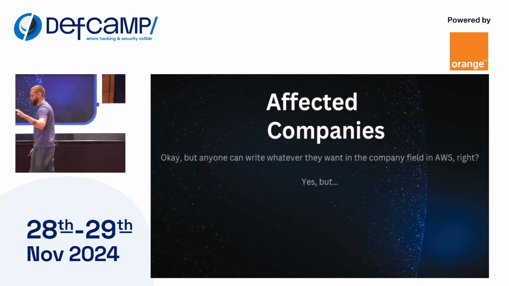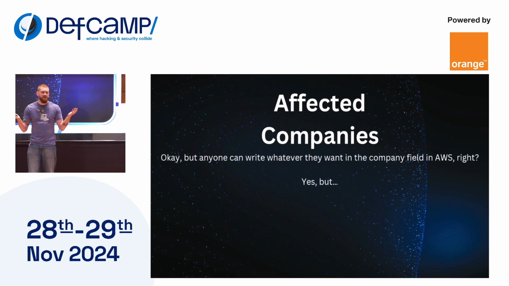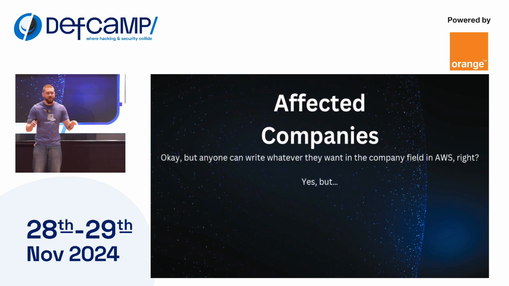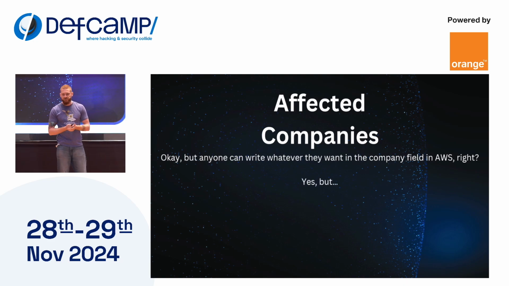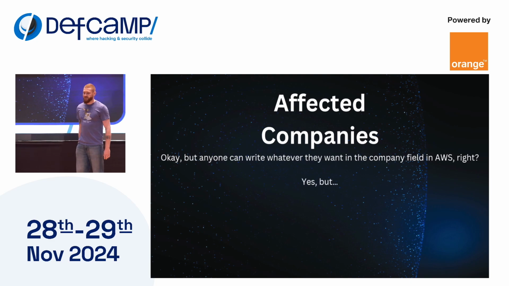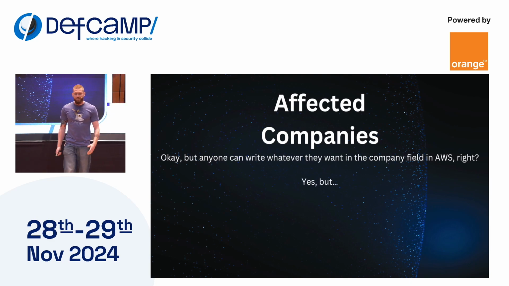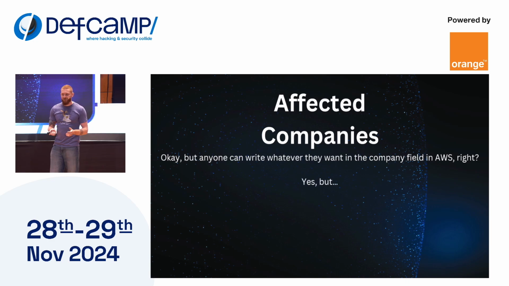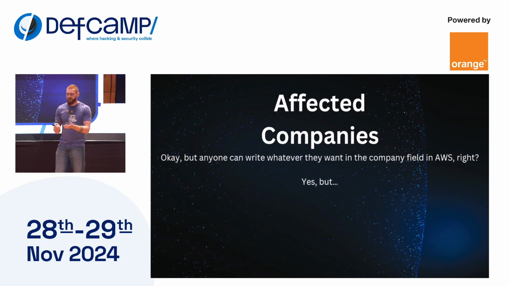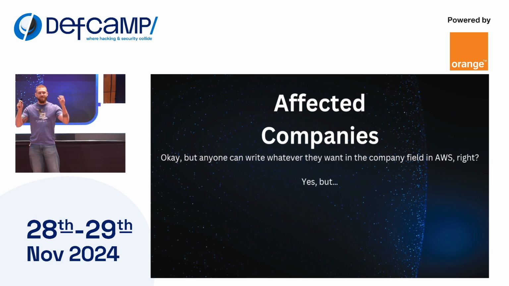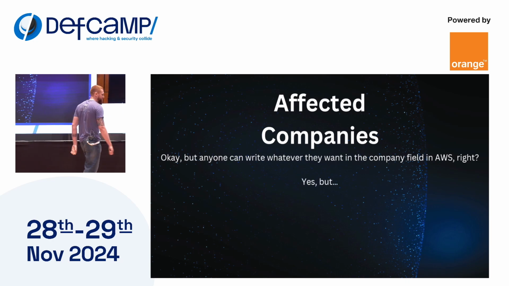Now, you may be arguing that, well, okay, I have an AWS account. I can write down whatever in the contact information, right? And you're absolutely right. But here's where Eduard and I have done quite a bit of OSINT. We went on to LinkedIn and other social media platforms and found these people, confirmed that they're actually working at these companies, and funnily enough, in some cases, they even had AWS certifications listed on their accounts, suggesting that they know how to properly configure an AMI. Well, what can I say about that?